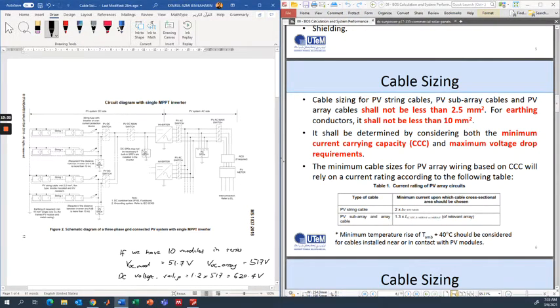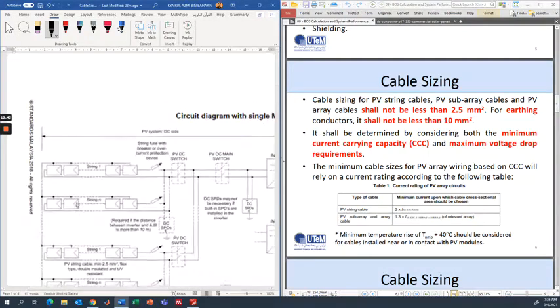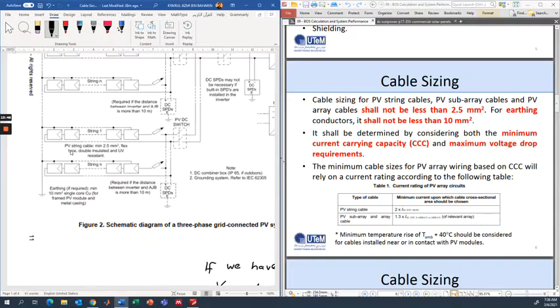If you look carefully at the schematic diagram here, you'll see that it is mentioned explicitly. Let me zoom in. So PV string cable minimum 2.5 millimeters squared. Okay, flexible type, double insulated and UV resistant. Okay, so earthing, if required, minimum 10 millimeters squared, single core copper, for frame of PV module and metal casing.